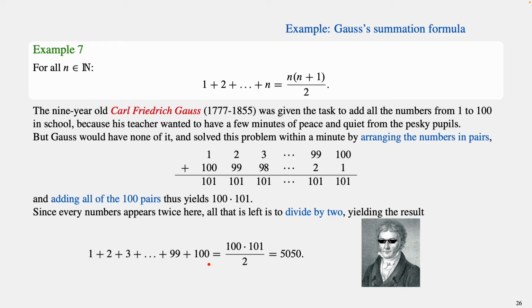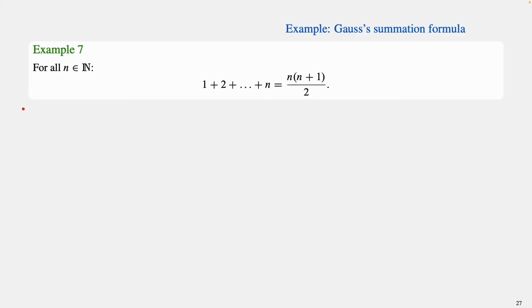And you see this is exactly this formula with n equal 100. And of course you could easily generalize this as a proof for arbitrary n. But we're here to learn induction, so this is a nice story, but it doesn't really help us with learning induction. So we'll prove the same result again by